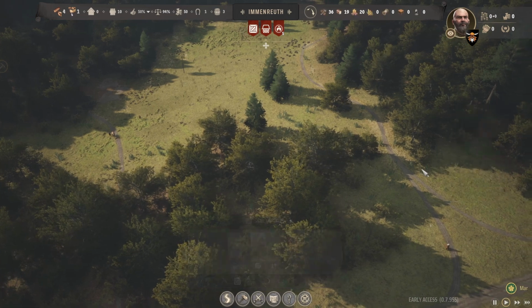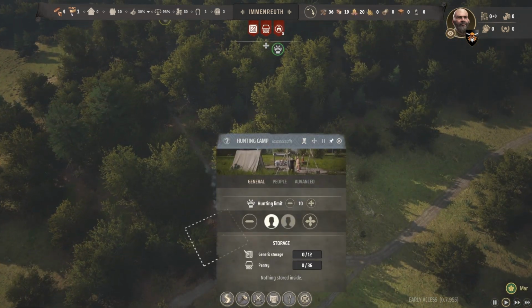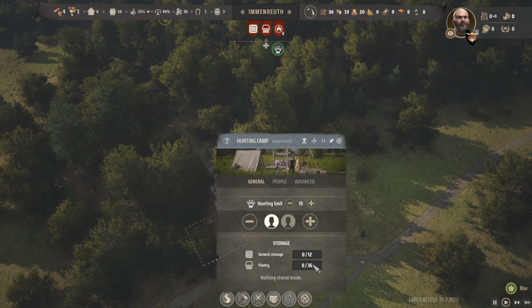A really good thing to do, now, there are storages in each of these buildings. So there's generic storage of 12 and a pantry of... So generic storage is basically storing...